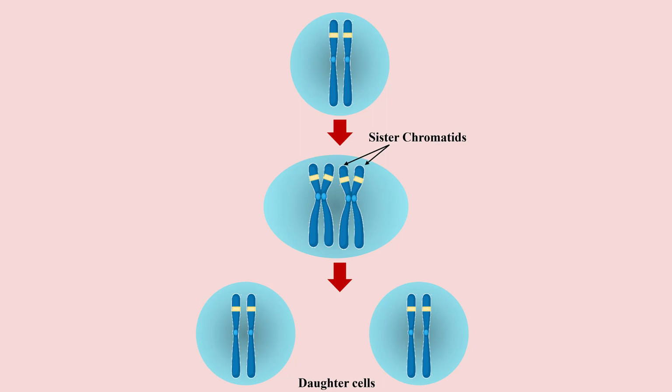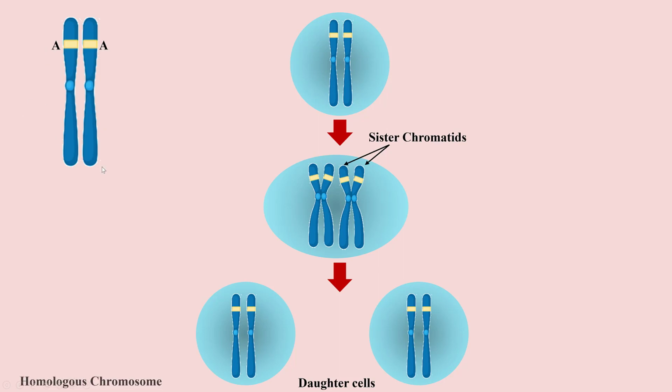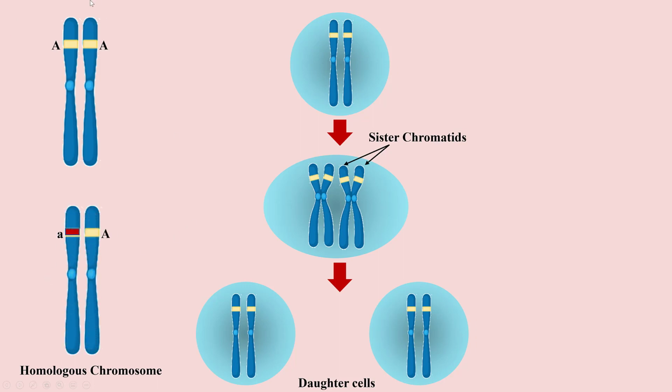So let's understand homologous and heterologous chromosomes. Homologous chromosomes have the same gene sequence, centromere locations and chromosomal length. Although they have the same genetic sequences and loci, they may differ in alleles. Like here, one pair of chromosomes contains capital A, capital A at the same location, and another pair contains capital A and small a. The gene is the same but different alleles are present. These chromosomes are known as homologous chromosomes.